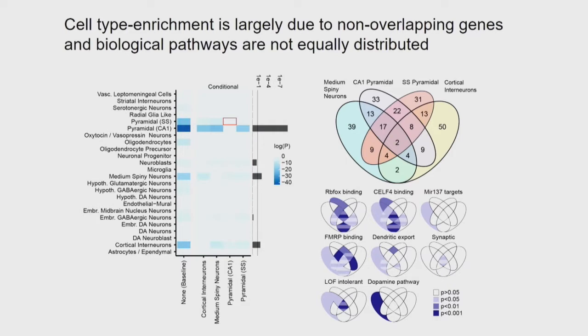And we actually found that each cell type remained significant when removing the other ones. So with one exception, and this is the red dot here, and that's if you remove the signal from the hippocampal pyramidal cells, there's nothing left in the pyramidal cells from the cortex. These two are very similar cell types, so this was maybe not so surprising. But with the cortical interneurons, they have their own signal, and the medium spiny neurons carry their own signal.